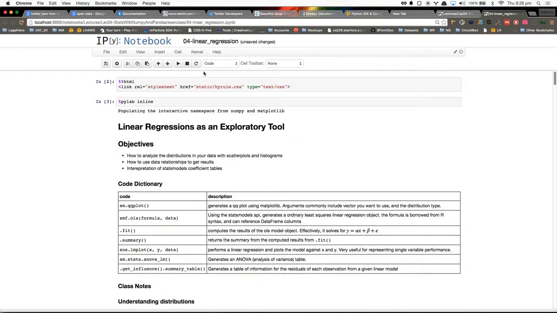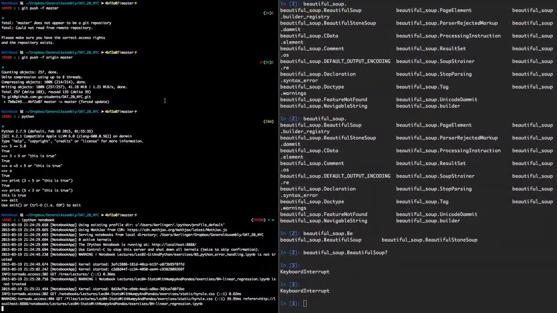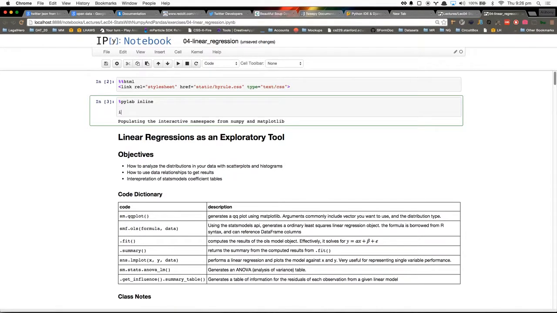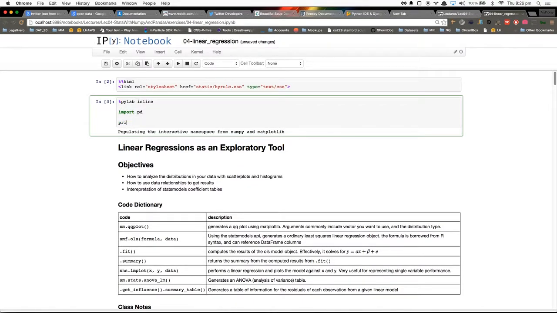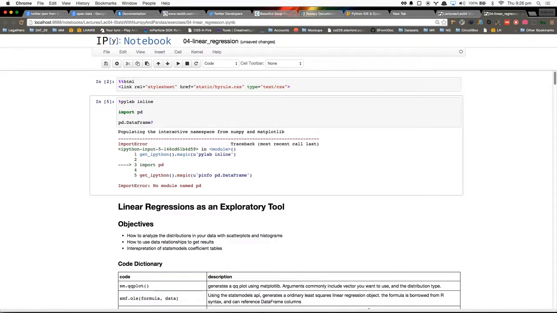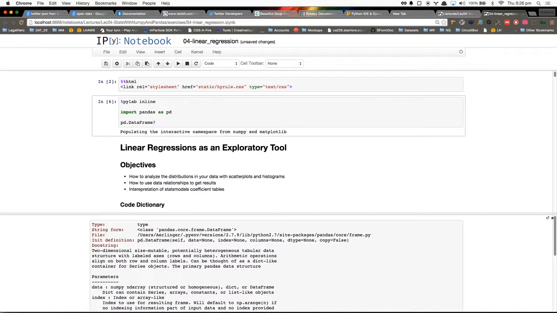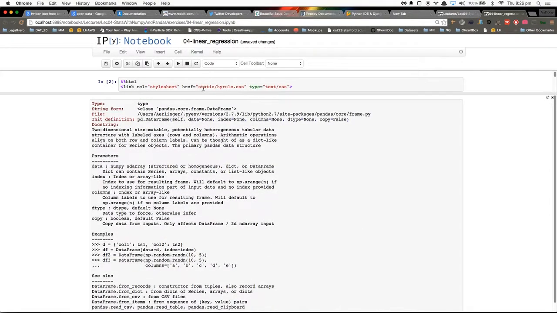Anyhow, you can get documentation by doing the question mark. So I'll do import pd. You can see I'm getting the documentation right here. There was also a documentation browser within it.